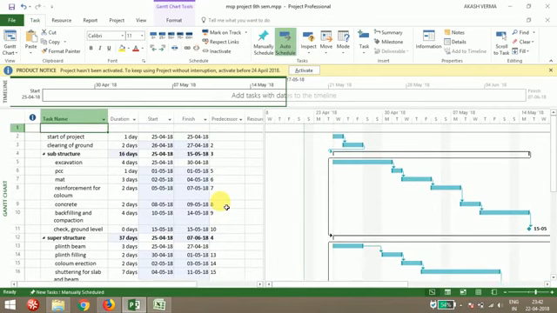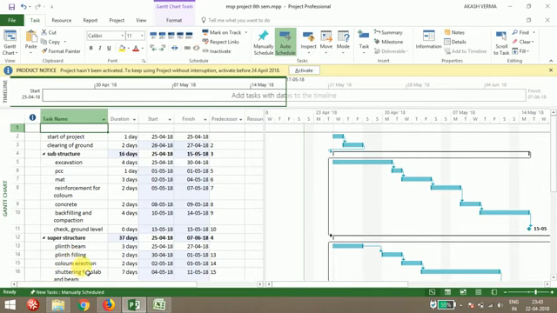But if you want some activities, like activity 1 and activity 2, to start simultaneously, you have to change it one by one. Suppose that for plinth filling and column erection, here you can see task 14 and task 15, plinth filling and column erection, these two works can start simultaneously.